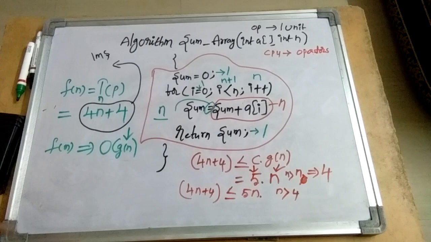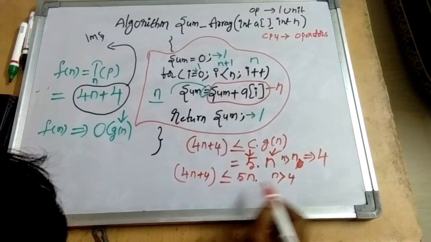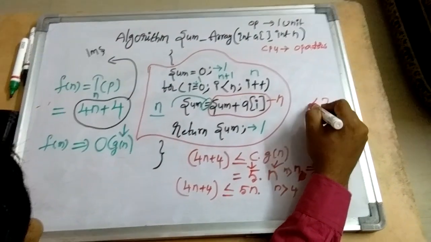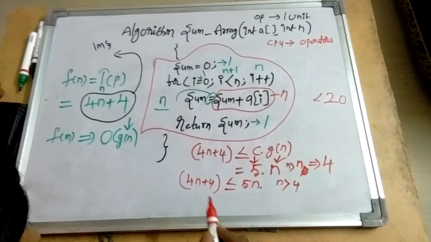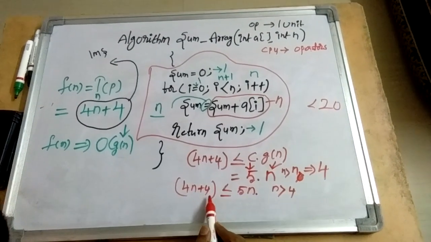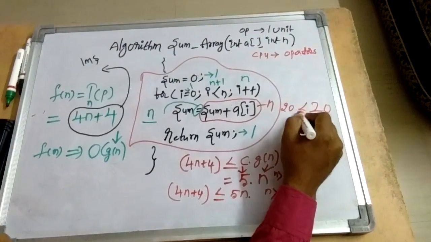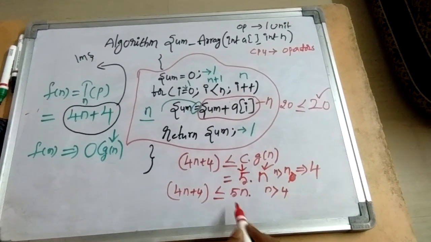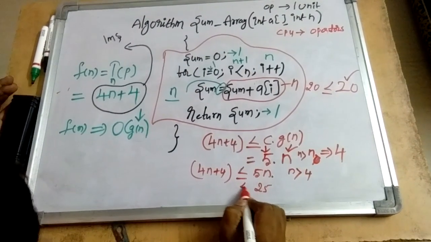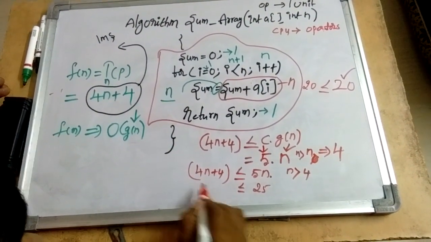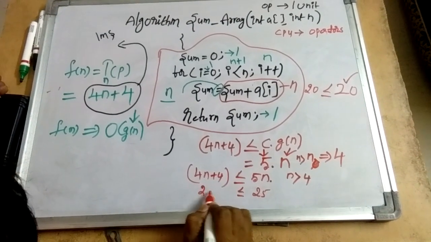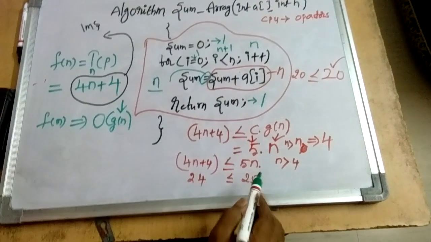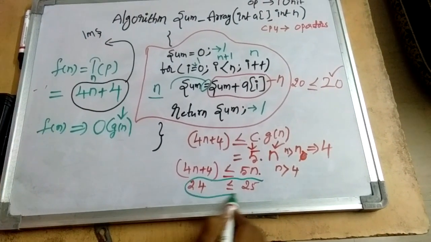Let us see whether it is true or not. If you substitute the value 4 into n, 5 into 4, it is 20. And 4n plus 4 is now 16 plus 4, which is also 20. Is 20 less than or equal to 20? Yes, it is true. That's fine. If n is equal to 5, this becomes 25. Is 25 greater than or equal to 4n plus 4, which is 20 plus 4, 24? Is 24 less than or equal to 25? It is true. So for n value greater than 4,